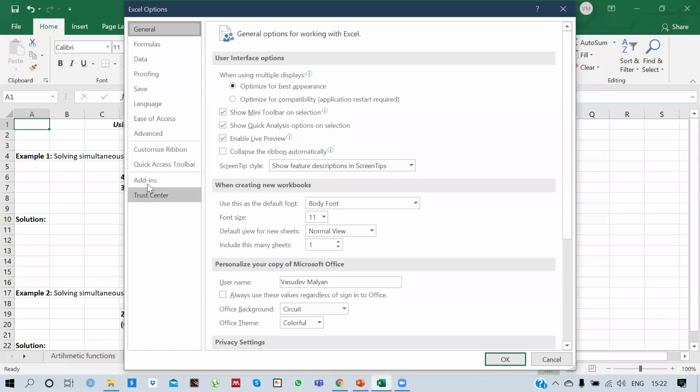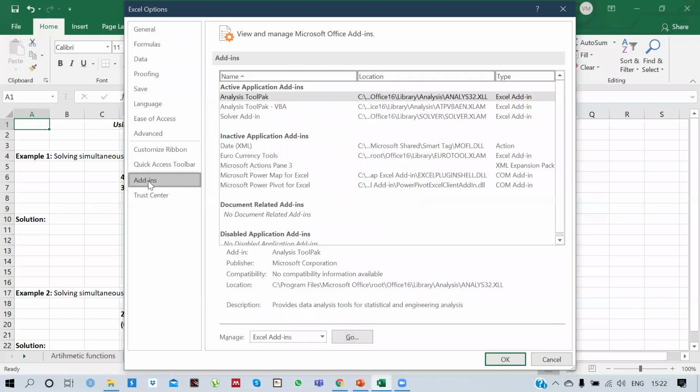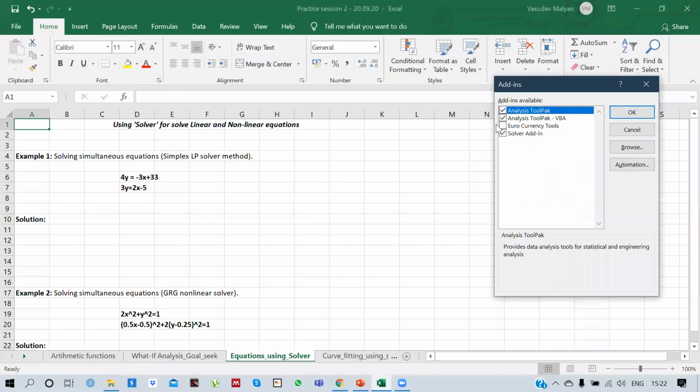Go to the second last option, which is add-ins. At the bottom, you will see a manage option, Excel add-ins. Please press go and tick mark Solver add-in and press OK. When you tick mark it and press OK, you will see that in the data option you will be able to see the Solver option.